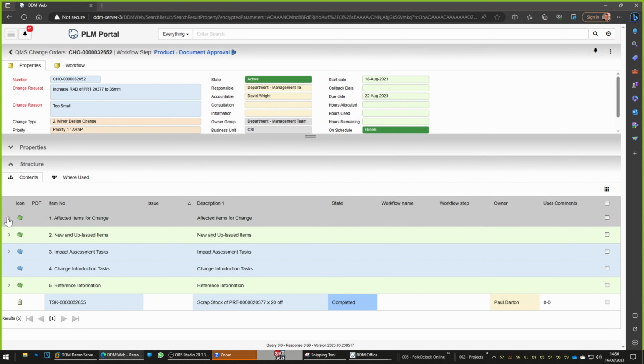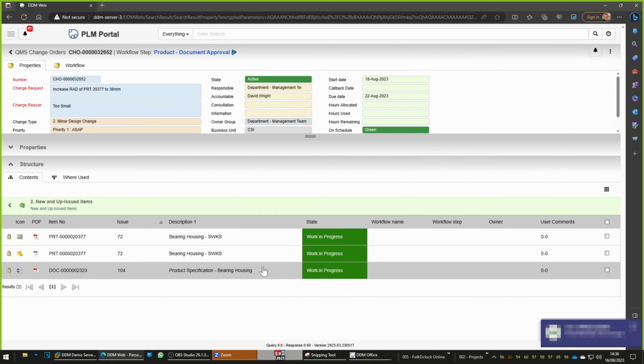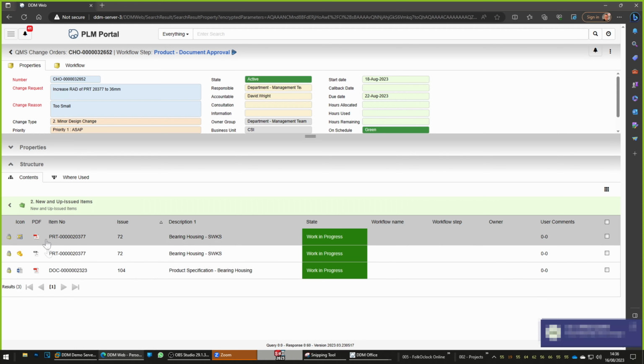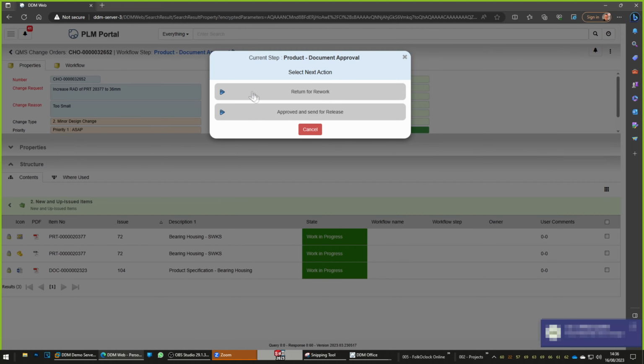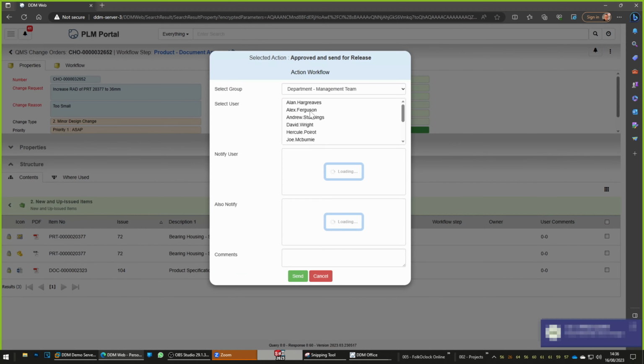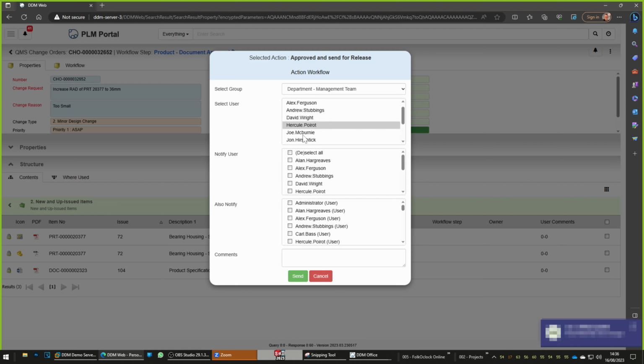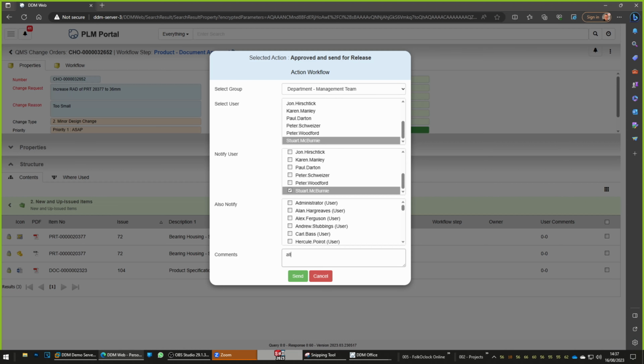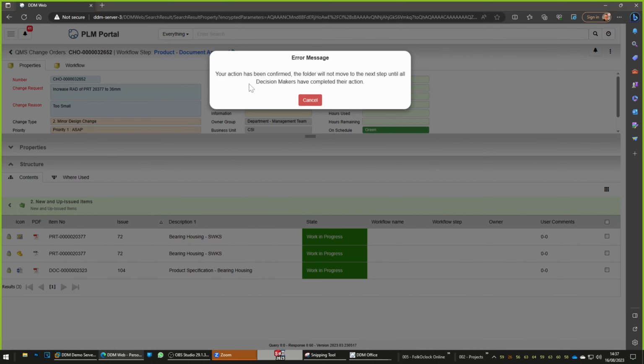I've got access to view all of the information within here. There's all the information. I can view the drawing. So if I went to the drawing, I could view it and see the PDF of it, etc. If you're happy, we can then send forward and send forward. I'm happy with that, and I'm going to return it to Stuart to say all good. My action has been confirmed, but it will not move forward in the process until the other decision maker has